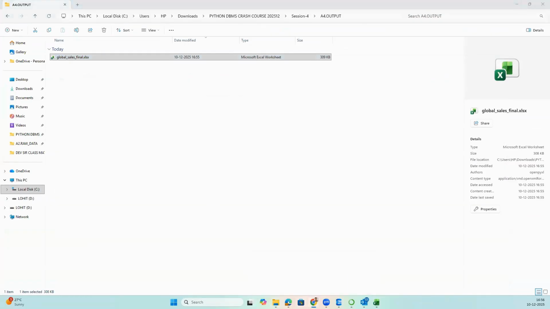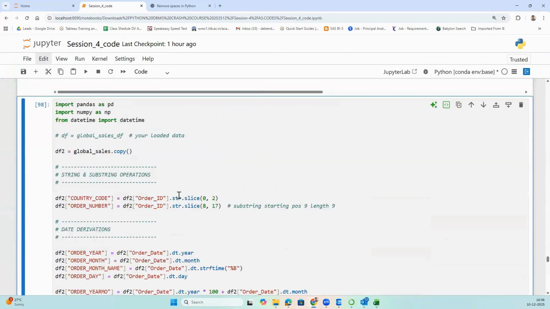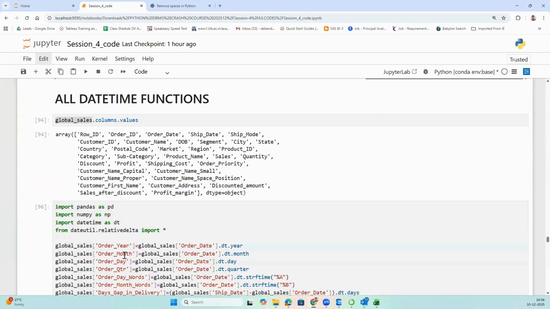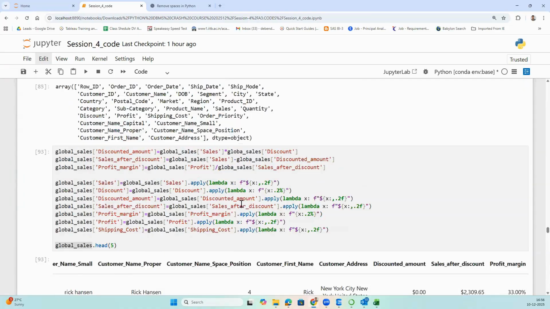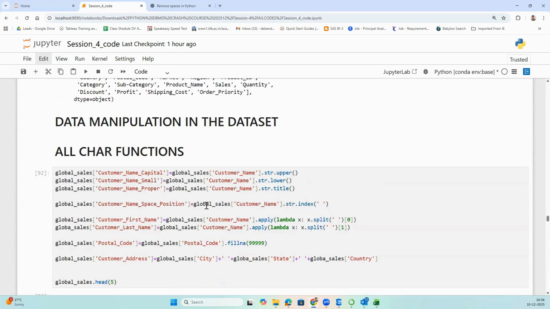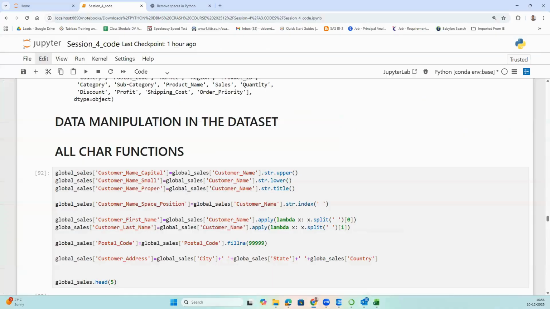Either way, you can go through this approach, or you can go through the approach given here for datetime function separately, for numeric function separately, for character function separately, so that you can understand how the Python functions are used for data manipulation. Having said that, we have now finished all these functions